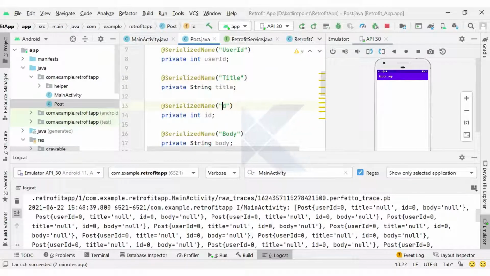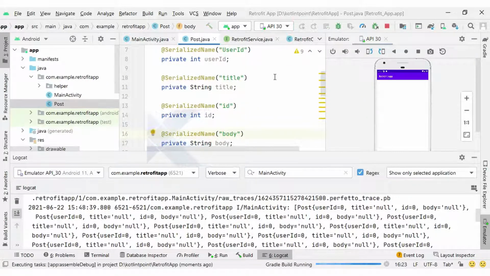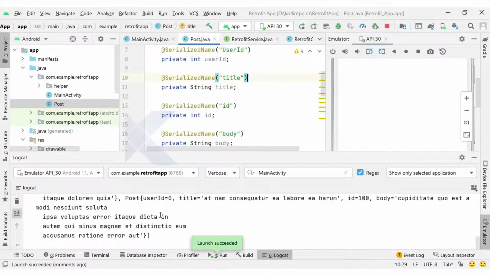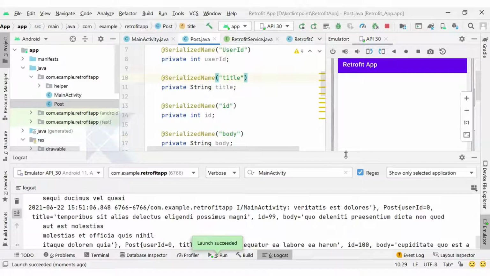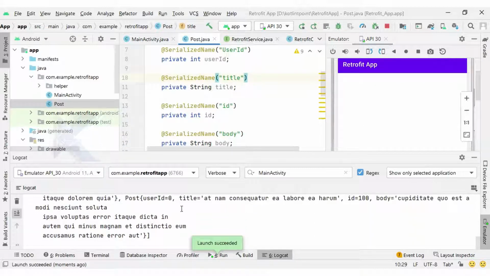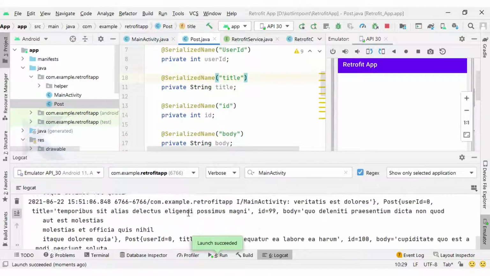So accordingly let me put in the appropriate names, and with this change let me run and check the output again. So guys, again our application runs successfully, and now you can see we are getting the posts here with the appropriate userId, title, body and other details.